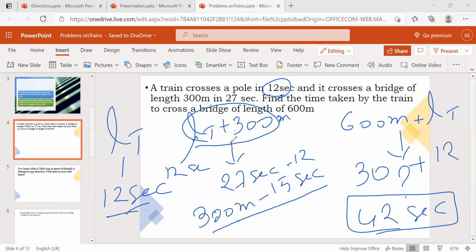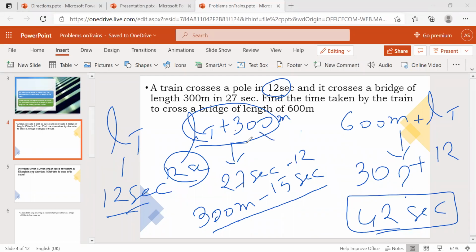To cross a 300 meter long bridge plus the length of the train, both together, it takes 27 seconds. And we know that the length of the train alone takes 12 seconds. Now, if you subtract this 12 seconds from this 27 seconds, then we'll get